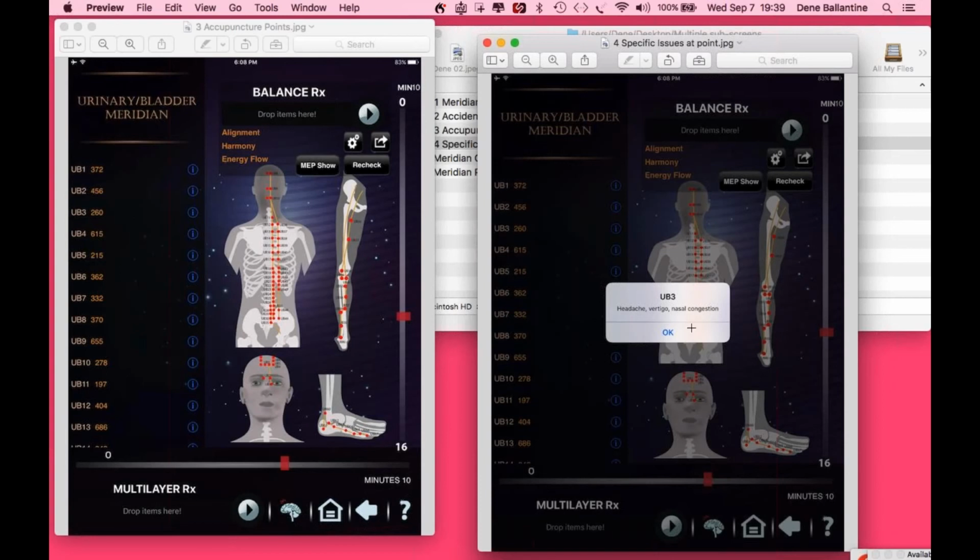I'll touch this little thing and I'll see what pops up. No, that's not so much, but 655, I'm going to put that in anyway. If I have a limited amount of time, I will do the cross analysis, because when we're working with one thing, like say we have an upset tummy, and we balance everything in the body, it's going to take a lot longer. So what I'll do is I'll do a cross analysis on this, and if I get a low value and it doesn't correspond or doesn't really make a difference for the stomach, I'm not going to put it in. So I continue down, oh, 686, that's a biggie, so maybe, maybe not, but 686